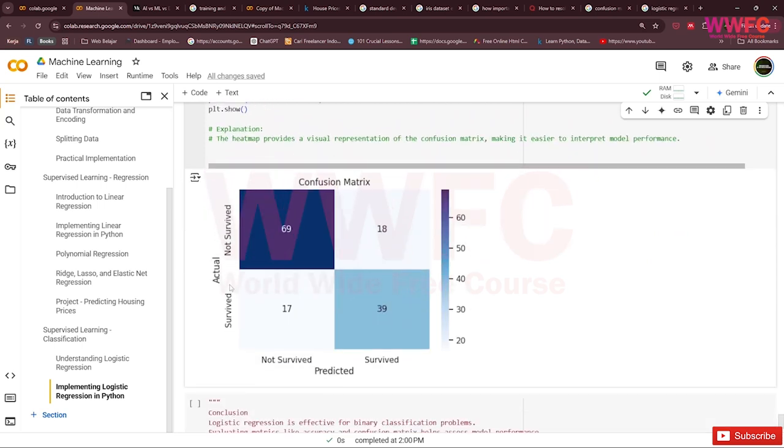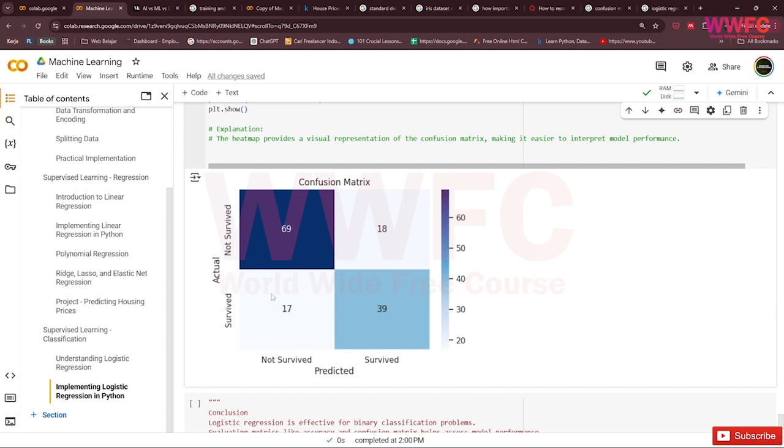As you can see, the interpretation is: the actual is not survive and the predicted is not survive for 69. For survive, the actual is 39 and the predicted is 39 also.